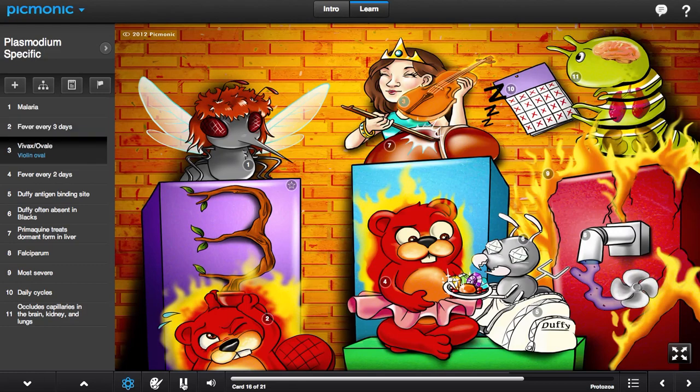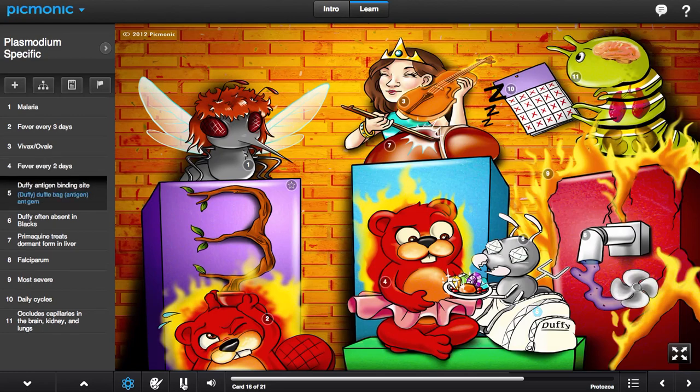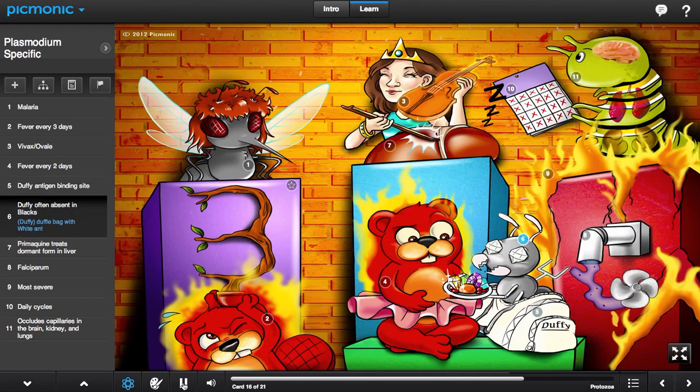Plasmodium vivax and Plasmodium ovale are represented by the middle podium and the orange violin, ovale and vivax. These forms are associated with a cyclic fever that occurs every 2 days, illustrated by the fever beaver in a tutu. The Duffy antigen, shown by the ant with gems in the duffel bag, is the receptor site for Plasmodium vivax